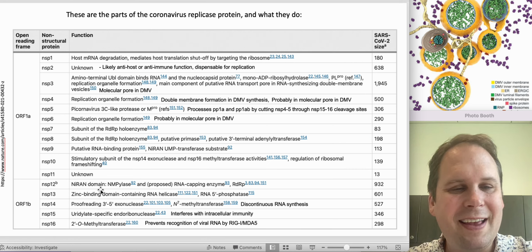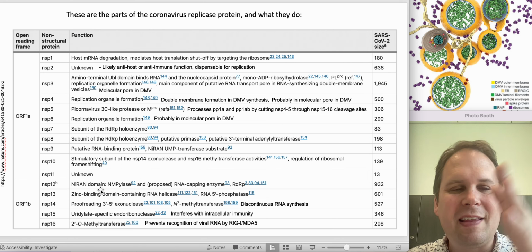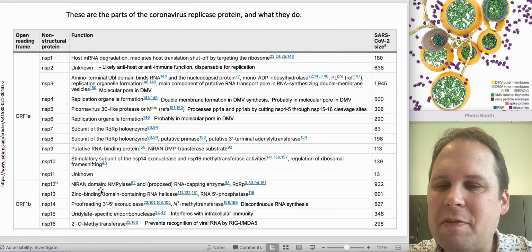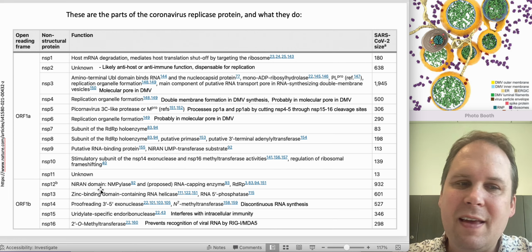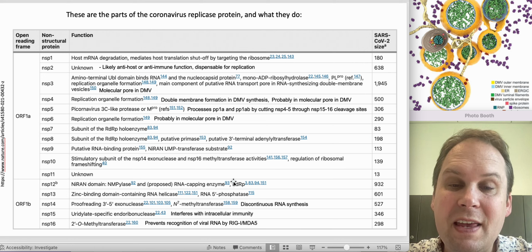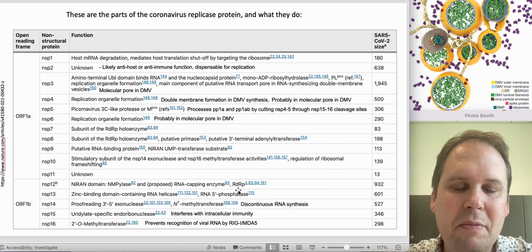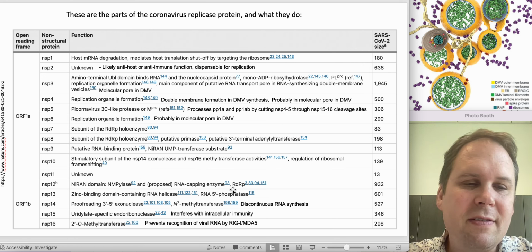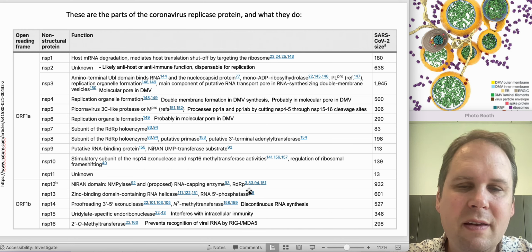So just like in HIV, all the enzymes are in that second part, and we only get to them after the ribosomal frame shift. So then the hits start coming. The first one, NSP12, is the main polymerase enzyme. It reads RNA and it writes RNA, so we call it an RNA dependent RNA polymerase, which means RNA reading, RNA writer.